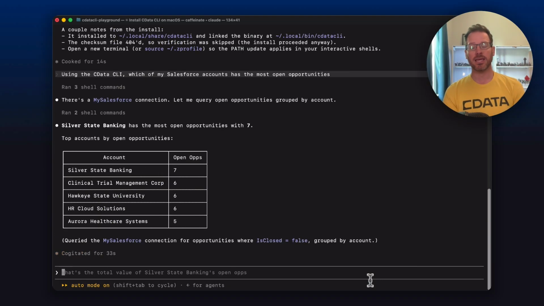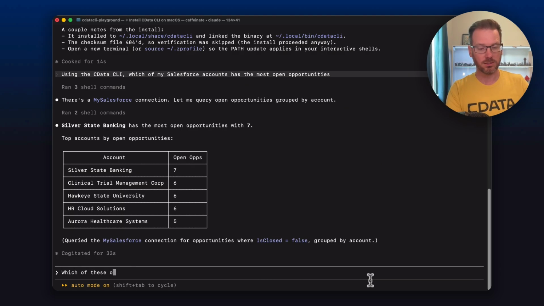CData provides a SQL-like interface to all of the data sources that it connects to, but it wrote the SQL query and it got the command, so it was able to figure out which accounts had the most opportunities that were open, grouped by the account. And now let's figure out which of these opportunities is